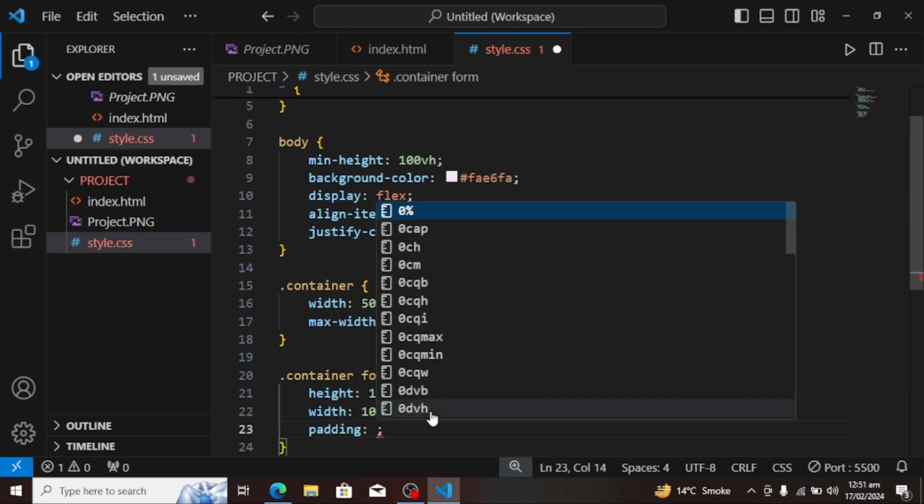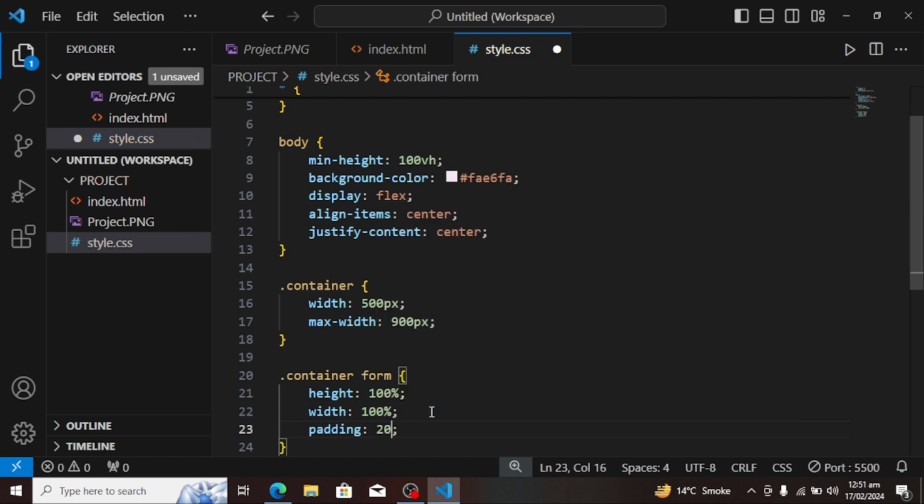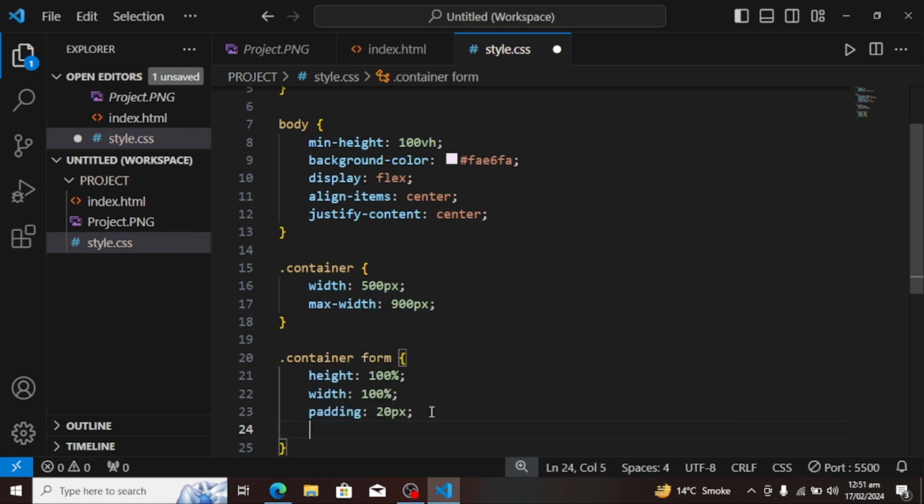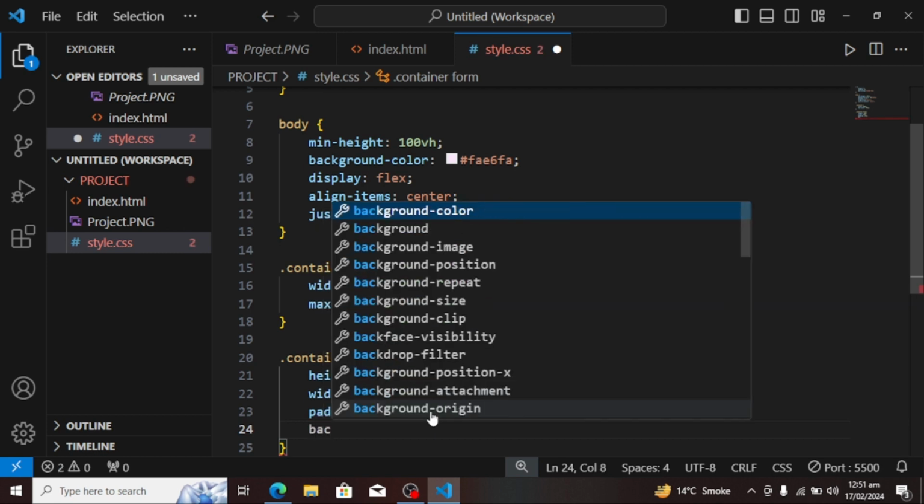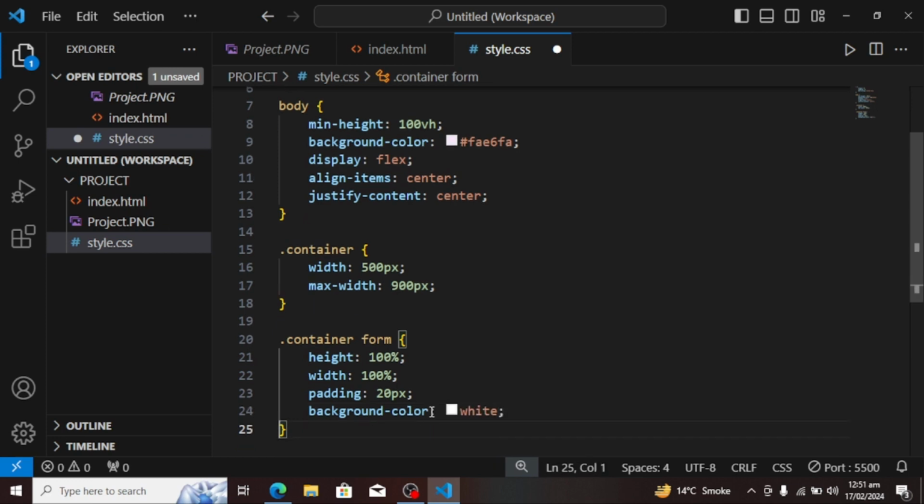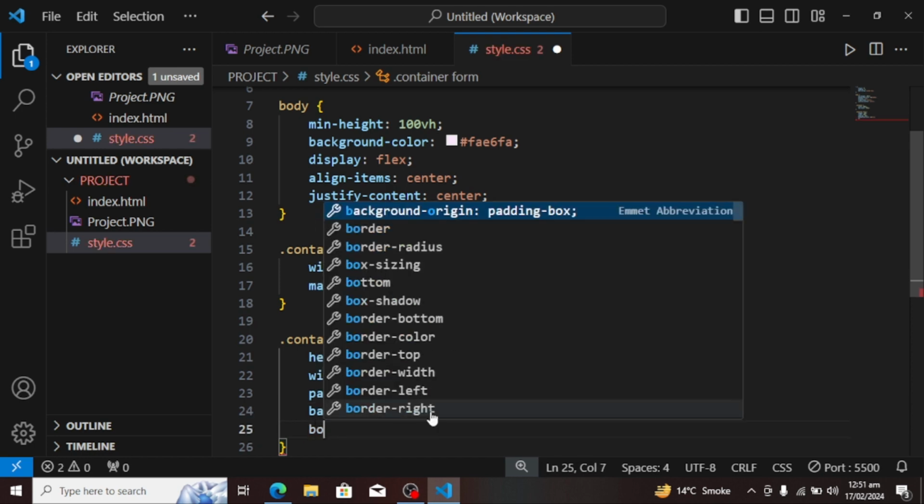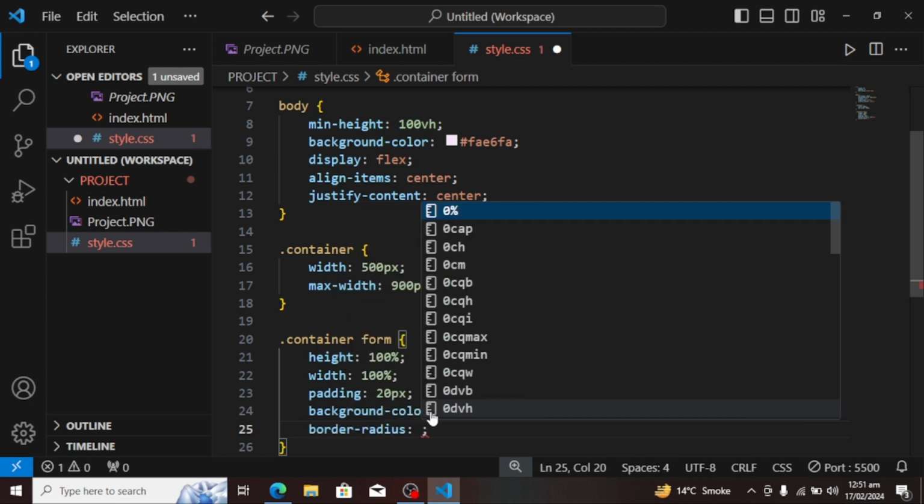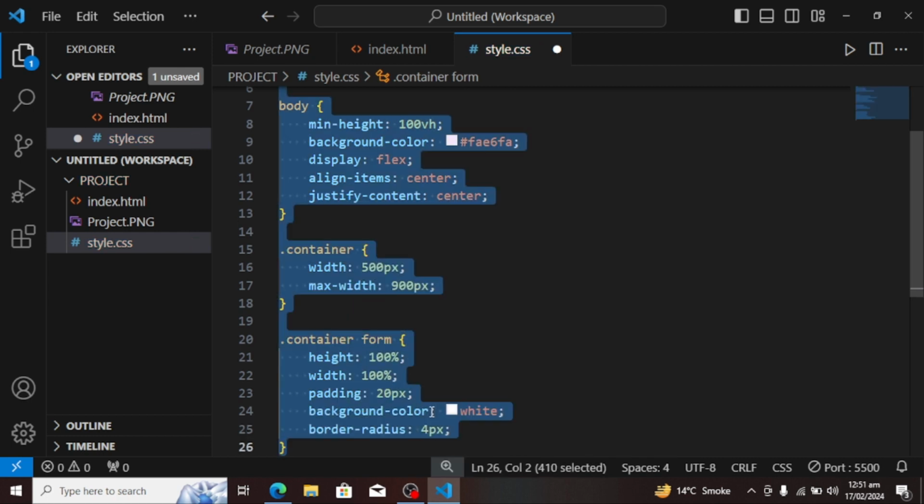Padding will be 20 pixel and background color will be white. Okay, let us give, okay, white is okay. Let us give some border radius. A border radius of 4 pixel is good. Okay,